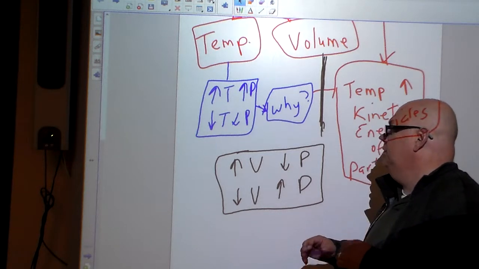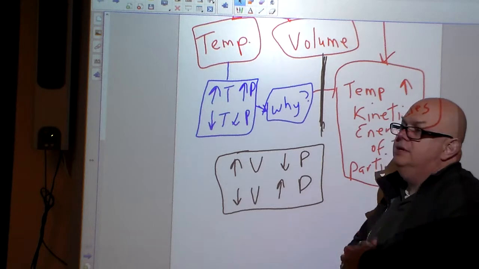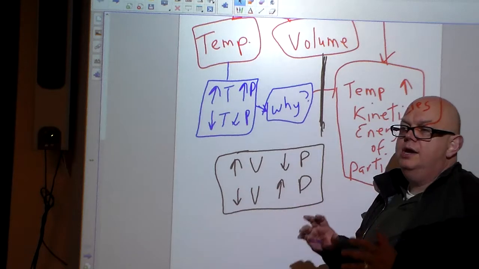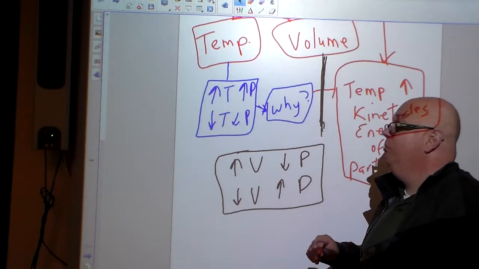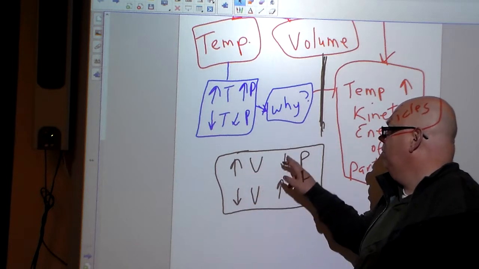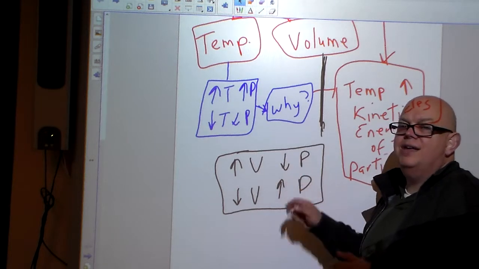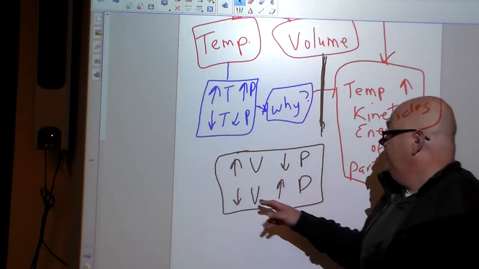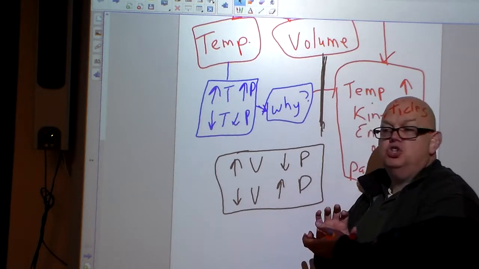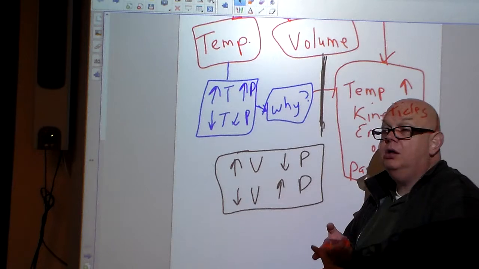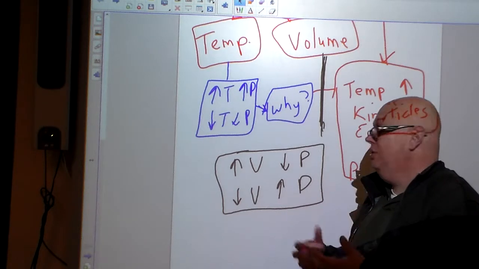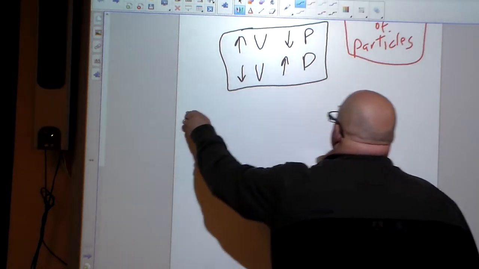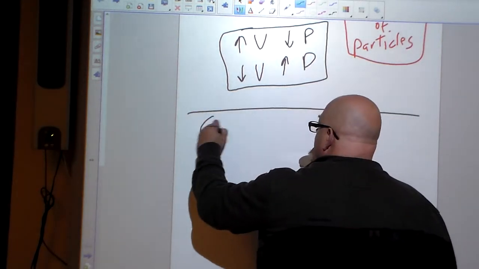If you keep blowing into it, you increase the volume, but at the same time you've got more pressure in there. But what if you could expand the volume even more? Then the overall pressure goes down. Why? Because there's more space for particles to run around and hit. But if the volume gets smaller and you haven't changed anything, not the number of particles, not the temperature, then the pressure is going to go up, way up. That's the basic idea. So now that takes us to our gas laws.